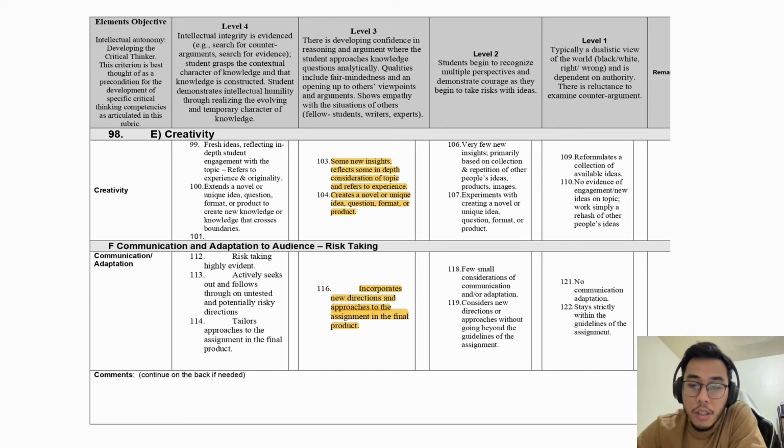And the last section: communication and adaptation to audience, risk taking. For this last section, again, I rate myself level 3. There were some interesting points mentioned in the author's paper, that these aerospace companies definitely need to reevaluate and implement a more robust production process and design process in order to stay competitive with their competitors. So it is definitely a new direction and approach for space manufacturers, which is the reason why I rate myself level 3.